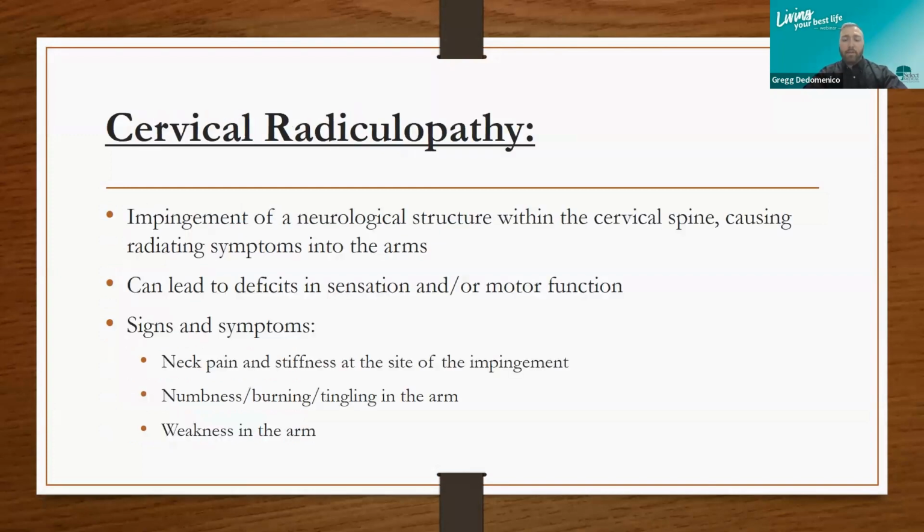The last of the major conditions that I have listed before I delve into some of these treatments more in-depth is called cervical radiculopathy. This is impingement of a particular neurological structure within the cervical spine, causing radiating symptoms into the arms. This can be caused by, again, herniated disc, the facet joint dysfunction, the spinal stenosis, and it can lead to sensation or motor function deficits in the arms. Signs and symptoms include neck pain and stiffness at the site of this impingement, numbness, burning, and tingling that goes into the arm, as well as weakness. And some of these motor functions could either be very subtle or they could be a little bit more severe